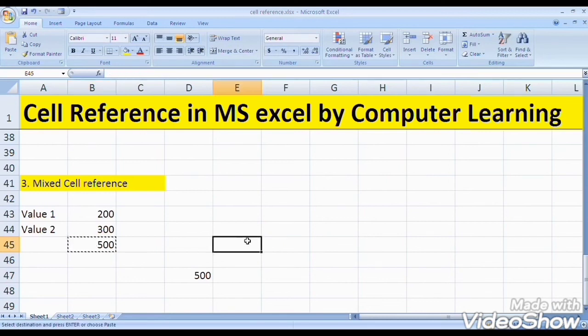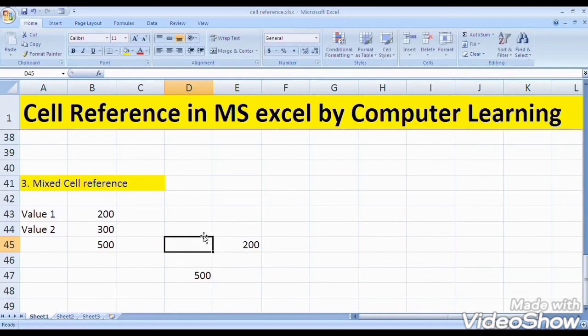Student, cell reference is a very important part of Microsoft Excel, because these formulas are used in many places when we do most types of work. That's the reason every student should see page numbers 15, 16, 17 and 18; all this information is available in our textbook.